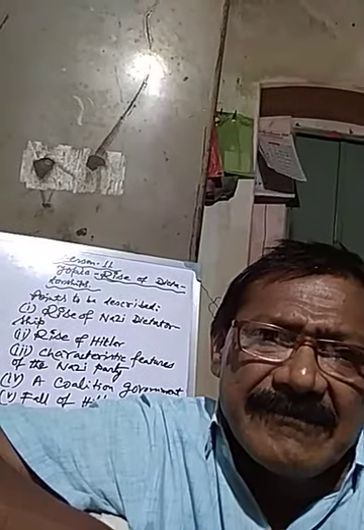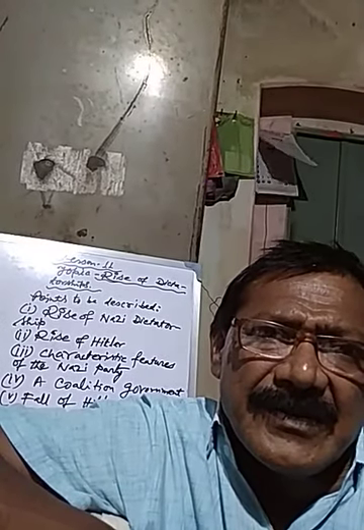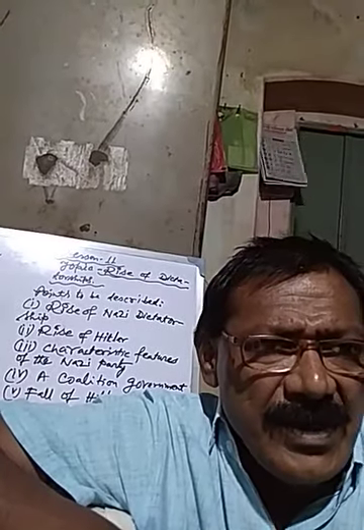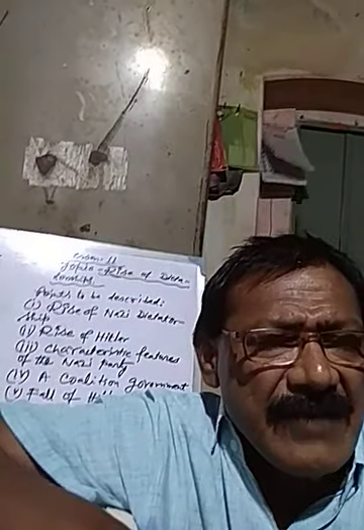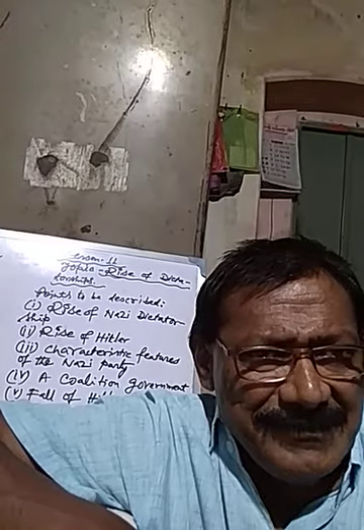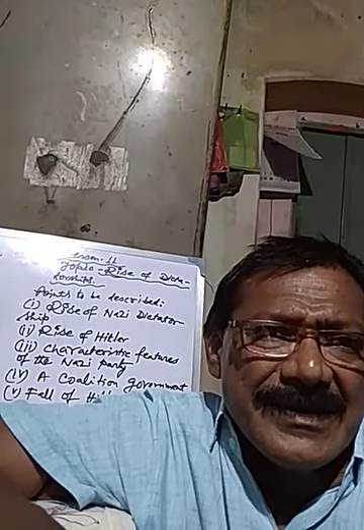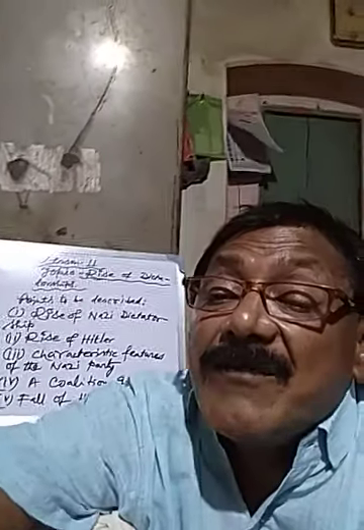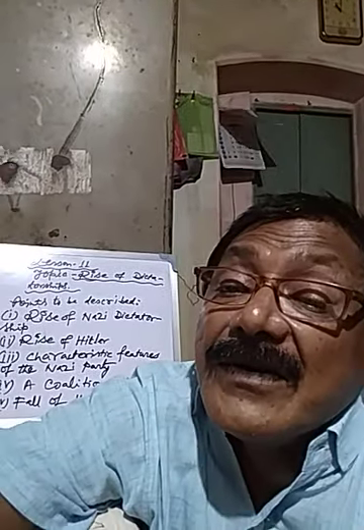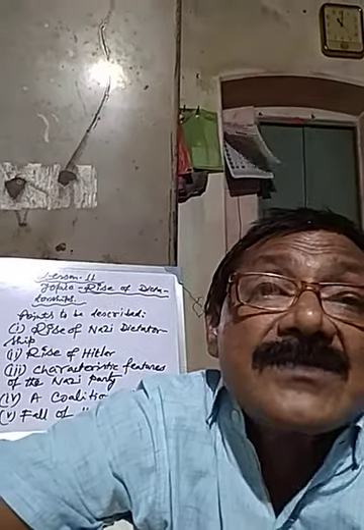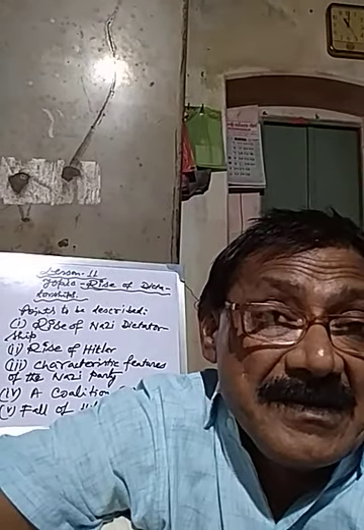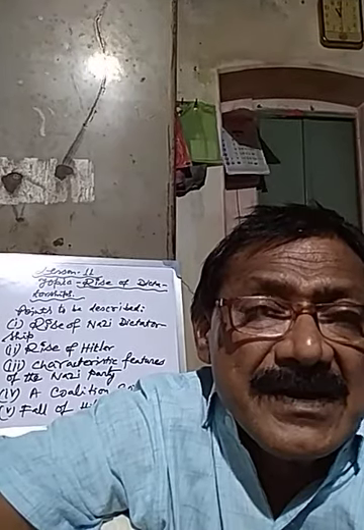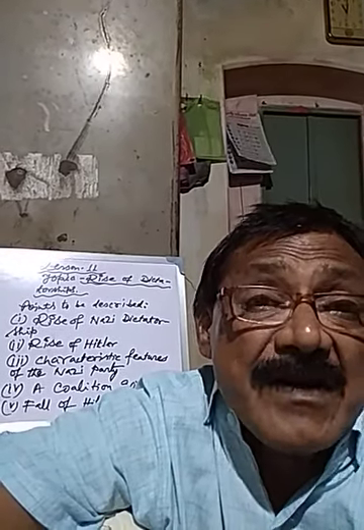Hitler realized that he must make a new Germany. To do it, he must join one political party. That's why he joined one political party. The name of the political party was the German Workers' Party. But later on, he changed the name of the party, named it the Nazi Party.